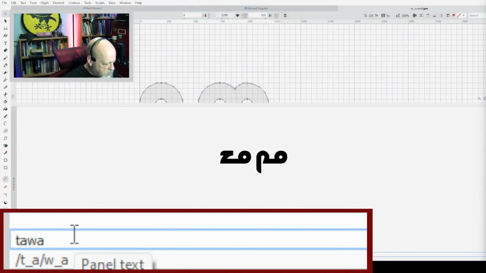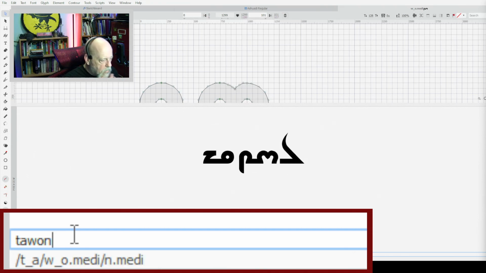But if I change that to WO, it draws there. Okay. If the first syllable is TA, doesn't matter. I just wanted to get the medial part. I could probably get rid of that. When I type WO, it does not draw it correctly because I haven't written that yet.